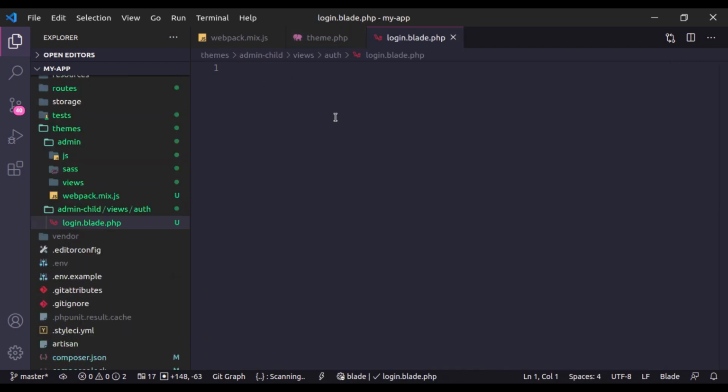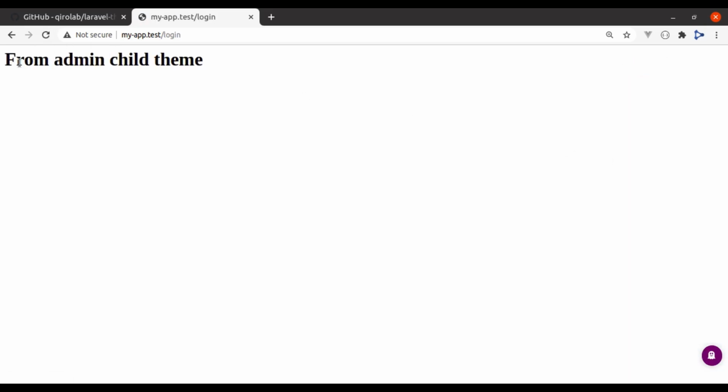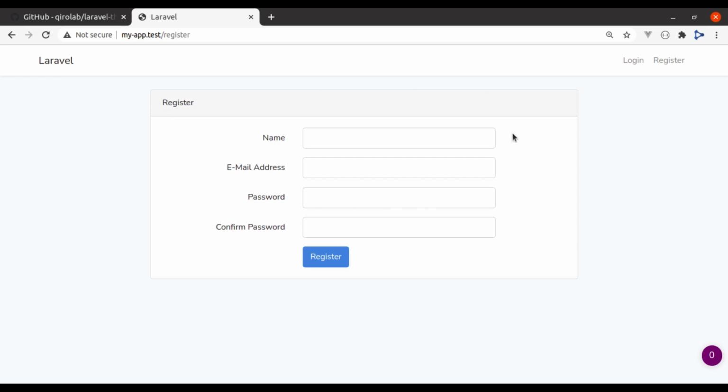Now in this blade file, let's print in an h1 tag: from admin child theme. Now go back and let's navigate to the login page, and this is from the admin child theme. And if we go to the register page, this view is from the admin theme.